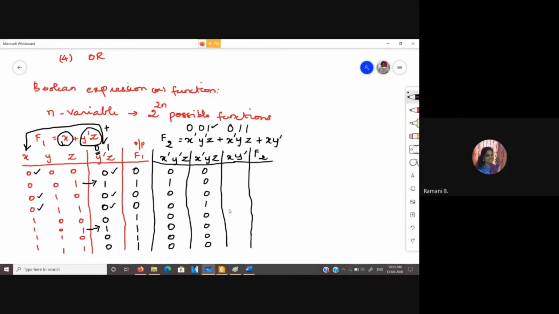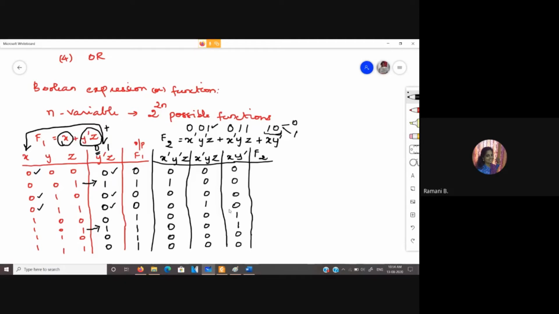And for this x, y bar, wherever you have x is equal to 1 and y is equal to 0, irrespective of my z. So z can take the value of 0 or 1. Whatever the value of z takes, that doesn't matter for me. Only these two matter. So for x is equal to 1 and y is equal to 0, I am going to have a 1 over here. So for that purpose, you have these two values to be 1, 1, 0, 0 and 1, 0, 1. Okay. All the other places it is a 0.